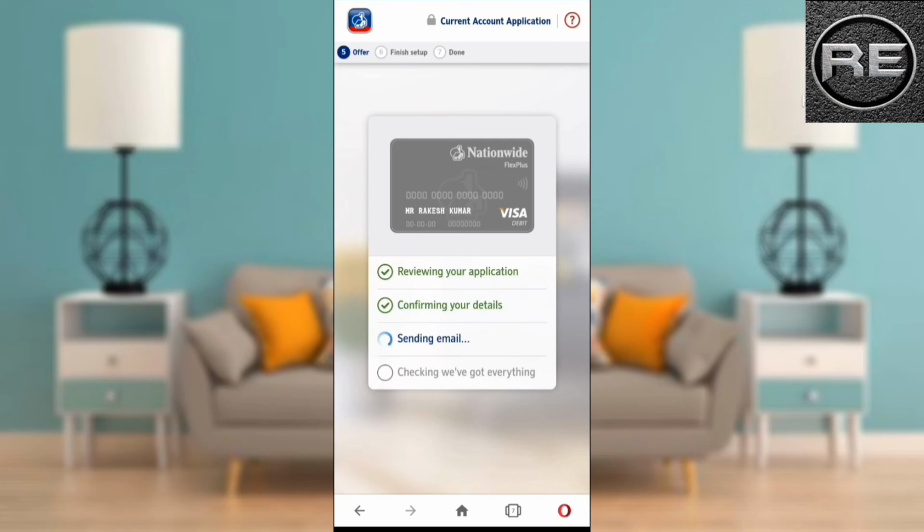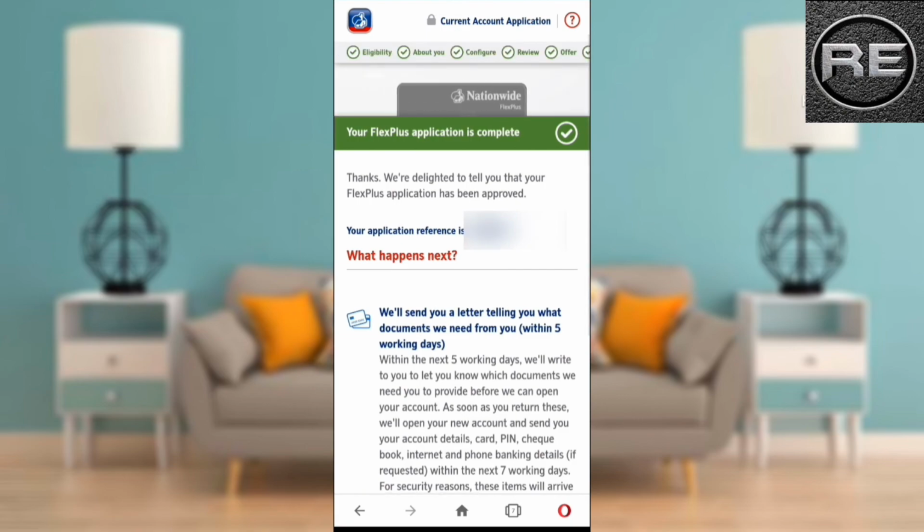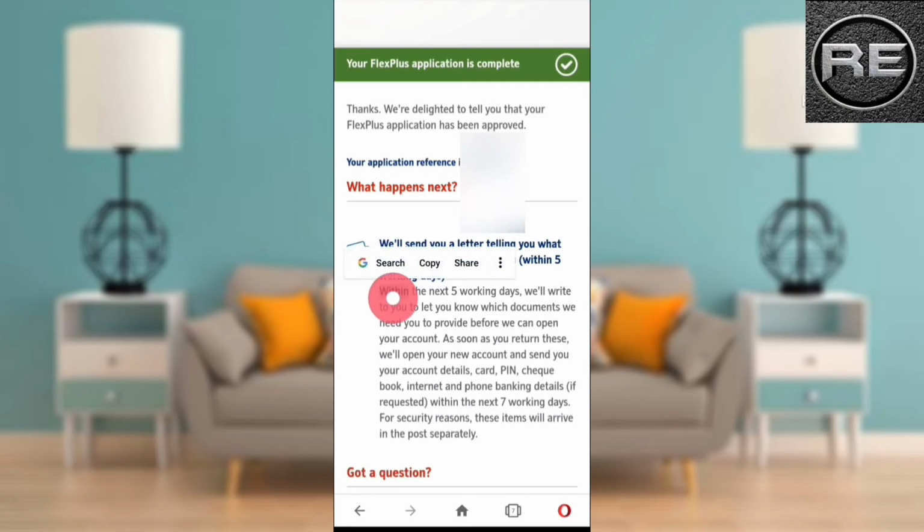They are reviewing our application, confirming our details, sending our email and everything. They review everything successfully and give us a reference number. So as you can see, what is the next step? Within 5 working days, they will write us a letter with the documents they need to approve our account opening.